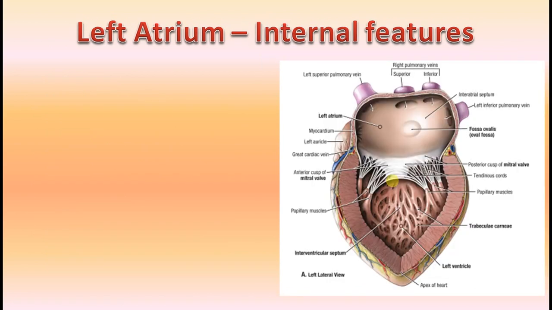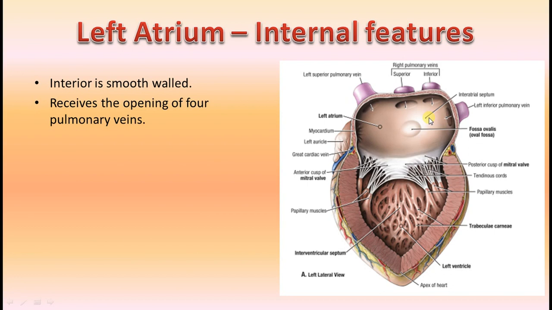Coming to the interior, this also has a smooth posterior part and a rough anterior part. Mainly in the smooth posterior part, you can see the opening of the pulmonary veins. Two pairs of pulmonary veins, so four pulmonary veins. You can see this is the opening of the four pulmonary veins. The smooth part itself is actually developed from the absorption of a single pulmonary vein, which divides into four absorbed parts of the pulmonary vein, which contribute to the smooth part of the